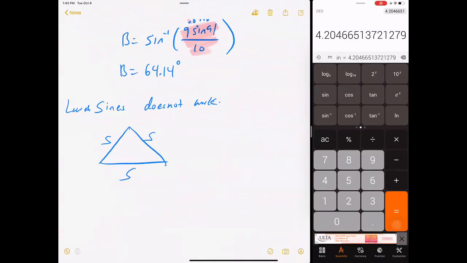That does not work because you don't have any angle-side pairs. No pairs, you can't do it. None of these work if I give you angle, angle, angle. No way to solve. You always have to give it a side to anchor it down someplace. If not, this could be